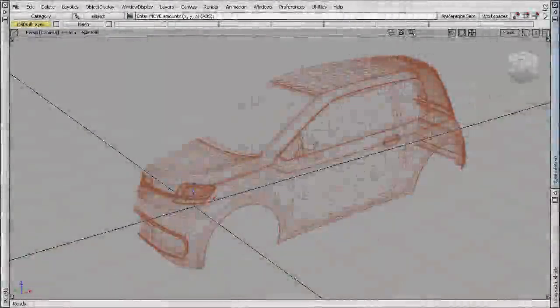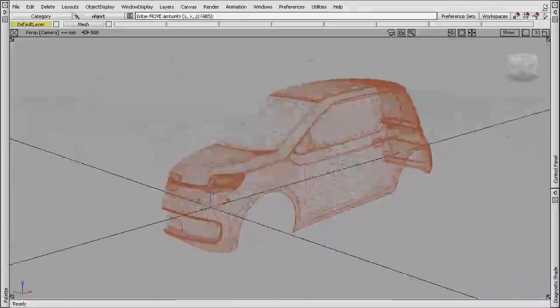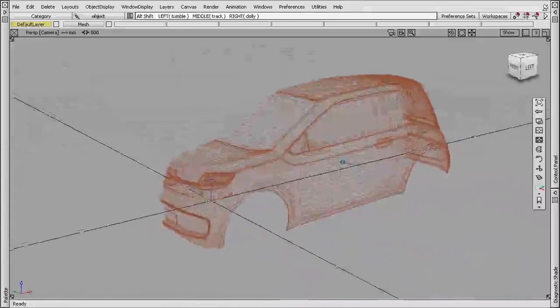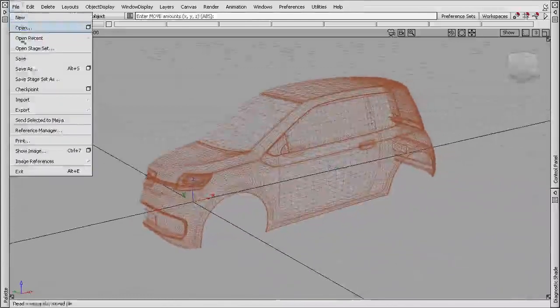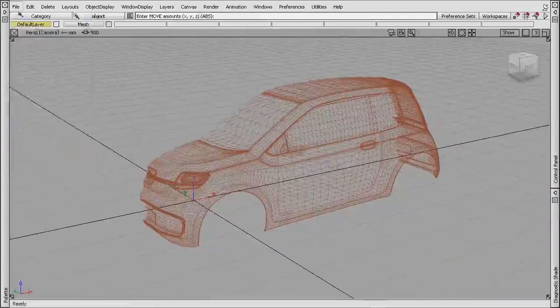I'm now going to look at how we can work with very large datasets. So typically some engineering reference geometry that you'd need to work around in your design. And for this I'm going to use the Reference Manager tool on the File menu. But before I use that, I want to show you how it would work normally so that we can compare